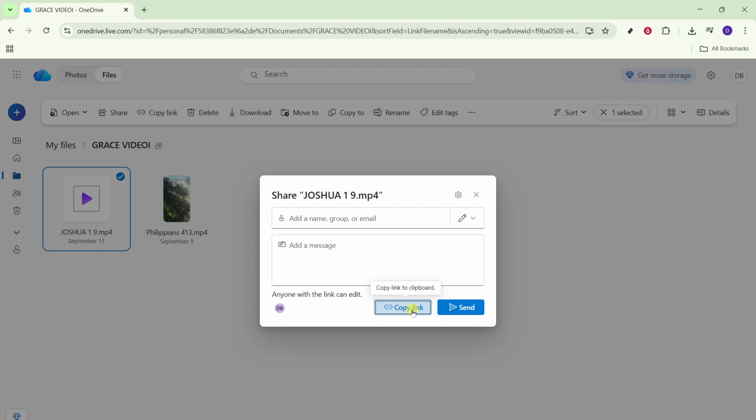If you ever need to change access or stop sharing, return to the folder's Share menu and update